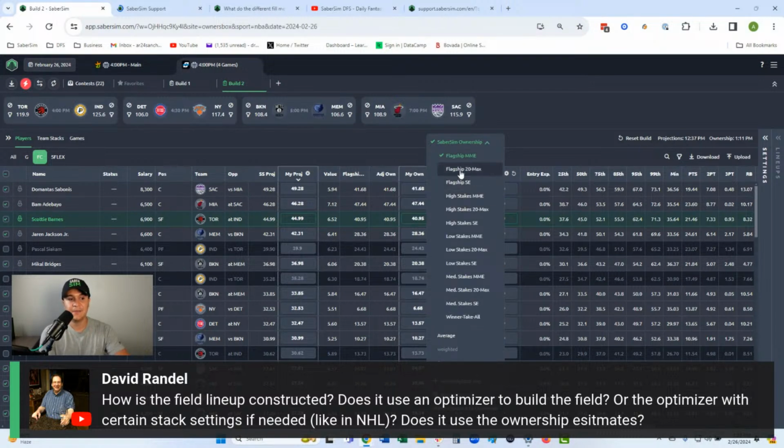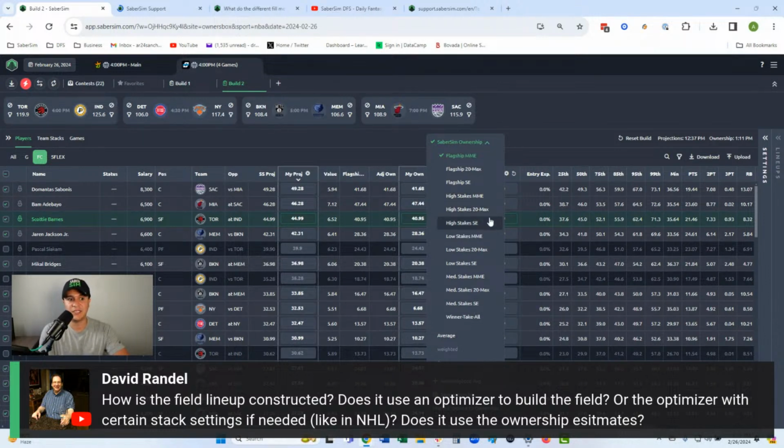So within each stakes, there's a single entry, there's a 20 max, there's a 150 max, which is the MME, and basically saying that, hey, players within these stake ranges play differently depending on the number of entries that they're allowed, and the differences are significant enough that we think that each type should have its own set of field lineups. So we are doing contest backtesting,